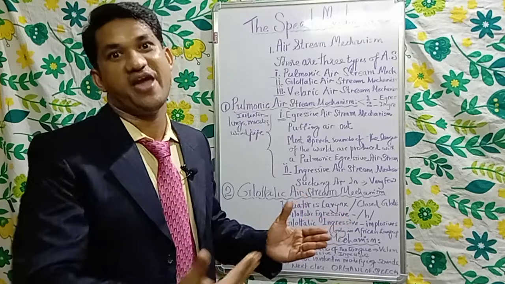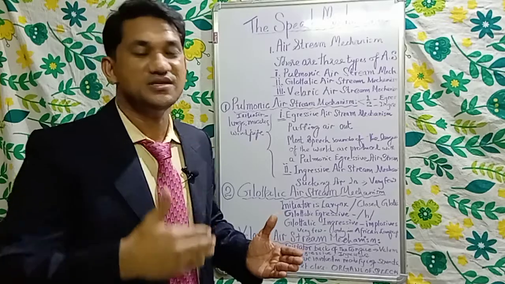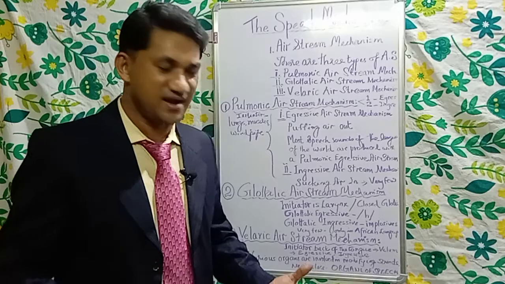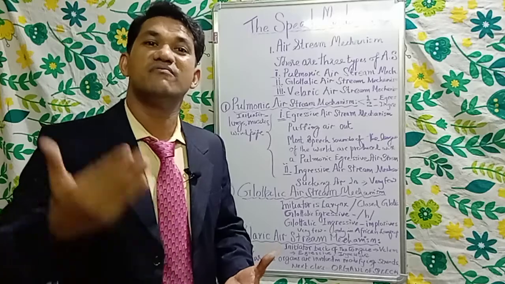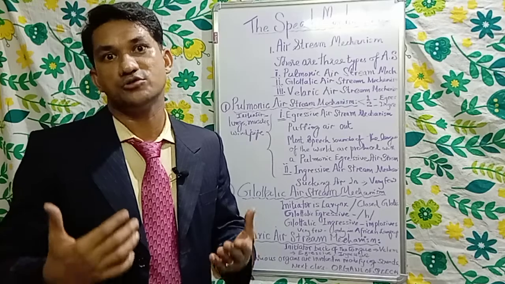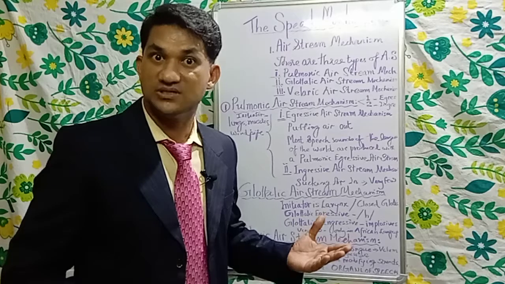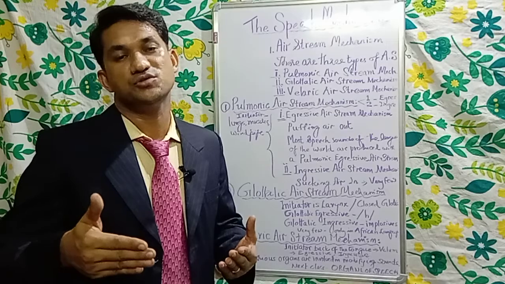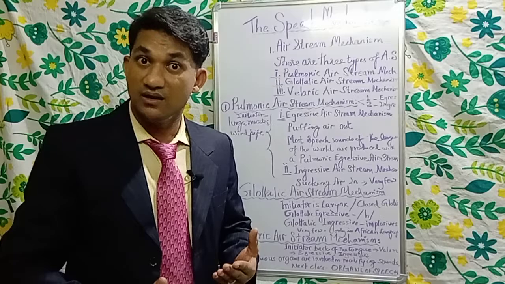That passage of air is known as velaric airstream mechanism. Very easy to understand. We have velaric aggressive sounds and velaric ingressive sounds. Velaric aggressive sounds are produced by letting air out between the back of the tongue and the velum. Velaric ingressive sounds are produced by letting air in between the back of the tongue